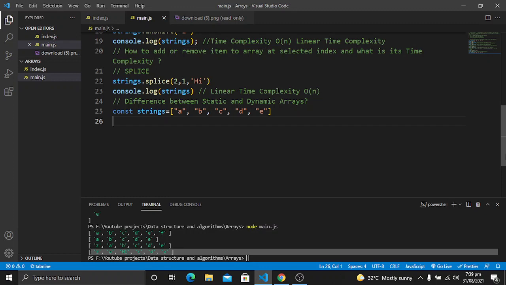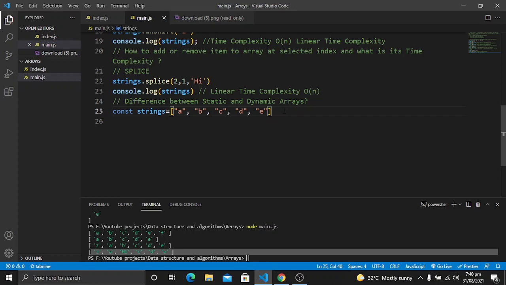So, as you will see, this is the main difference between static and dynamic arrays: in static arrays, if your array size is 10 and you have 10 items, you cannot add an item at the 11th index, because the memory size is going to be for just the 10 items that you specified at the start. If you want to add an extra item, you have to copy the array, create a new array with more items, and then add the item to that array. But in dynamic arrays, you can add as many items as you want. So basically in JavaScript we use dynamic arrays.